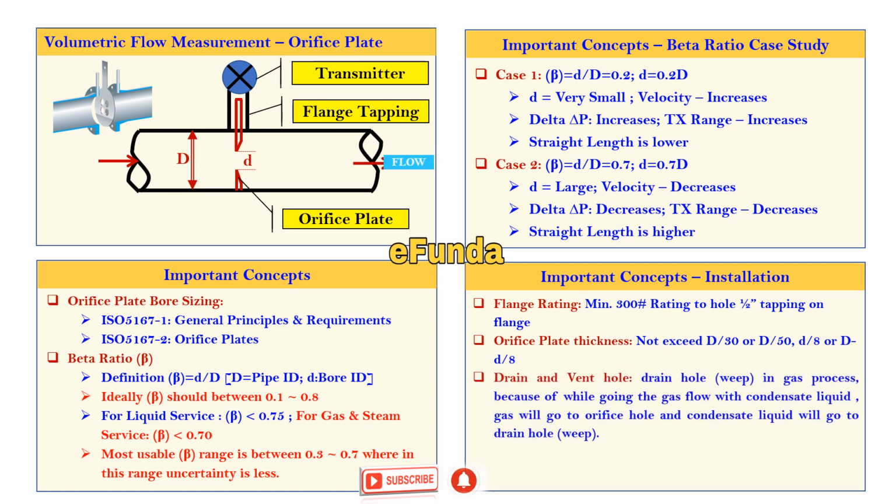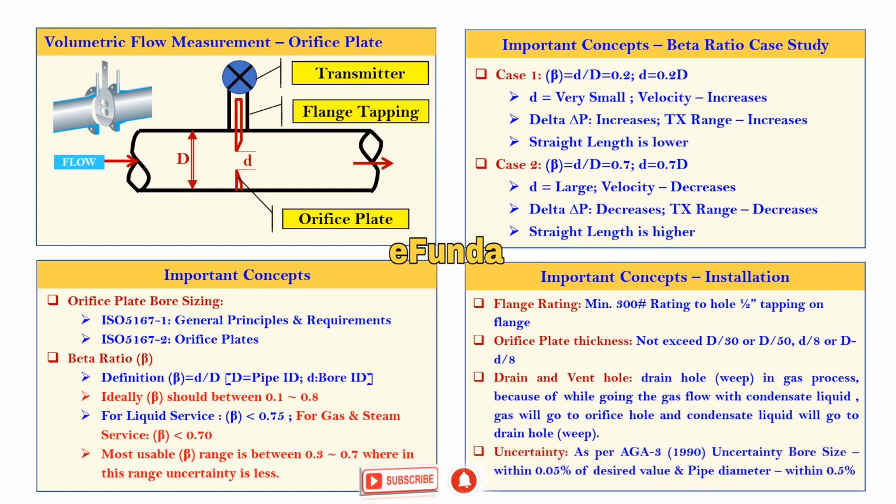Drain and vent hole. The drain hole is a weep in a gas process, because while the gas flows with condensate liquid, gas will go to the orifice hole and condensate liquid will go to the drain hole, that is a weep. Uncertainty, as per ISA AGA 3 1990, bore size is within 0.05% of the desired value,